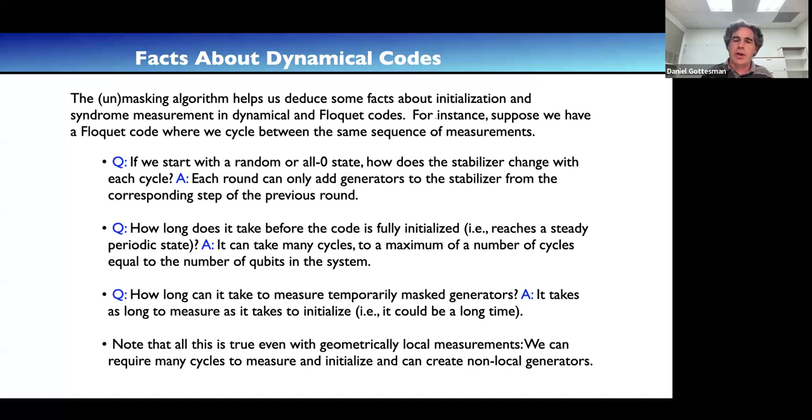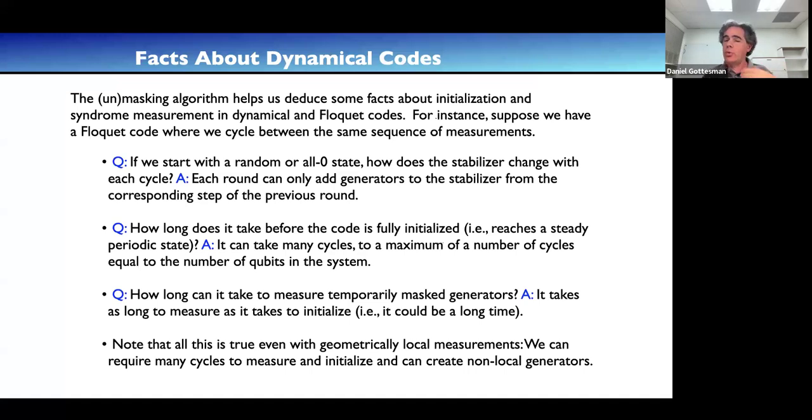Suppose we start with some random state, or maybe the all zero state, and we make a series of measurements of a Floquet code. It makes sense that eventually it should equilibrate into some particular code space, and we just keep cycling through that sequence of codes. A Floquet code is the case where we cycle between a bounded set of codes.